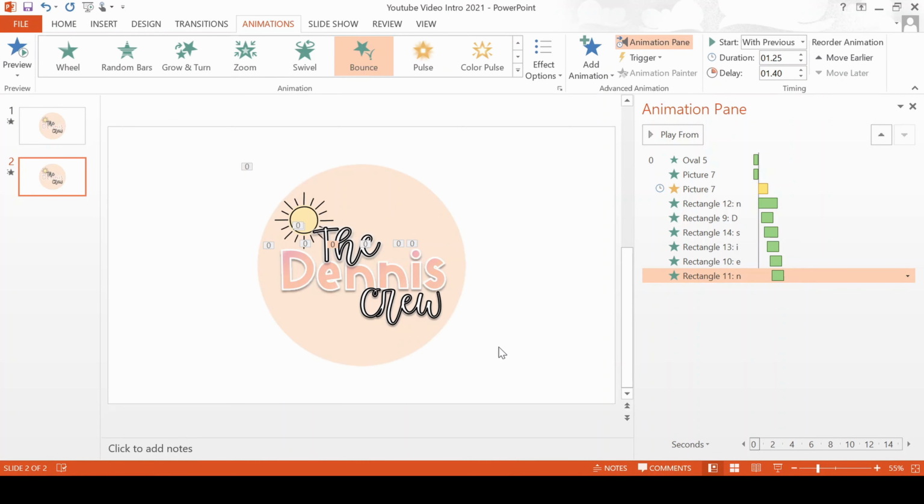now that I have all my letters in the word Dennis all animated, I used the animation bounce, and it's automatically going to kind of move everything together. If you do with previous, okay, it's going to make everything on this line kind of the same. Okay, but I want them to come in at different times. So I started with this in,